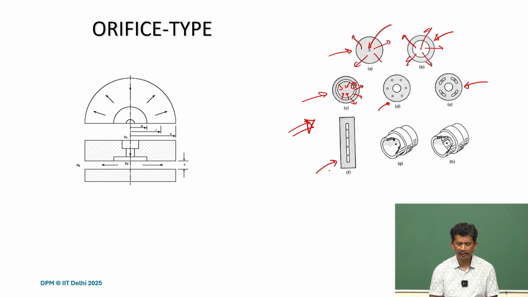It can have a rectangular shape also, where we can put them on the sides, on the surfaces. So not necessarily does it have to be circular, it can be rectangular, but it can also be used for rotary application, for journal application. Similar kinds of orifices and grooves or pockets can be made and analyzed. So there is a lot of freedom, and the designer has a choice of what kind of elements and what kind of patterns to use,